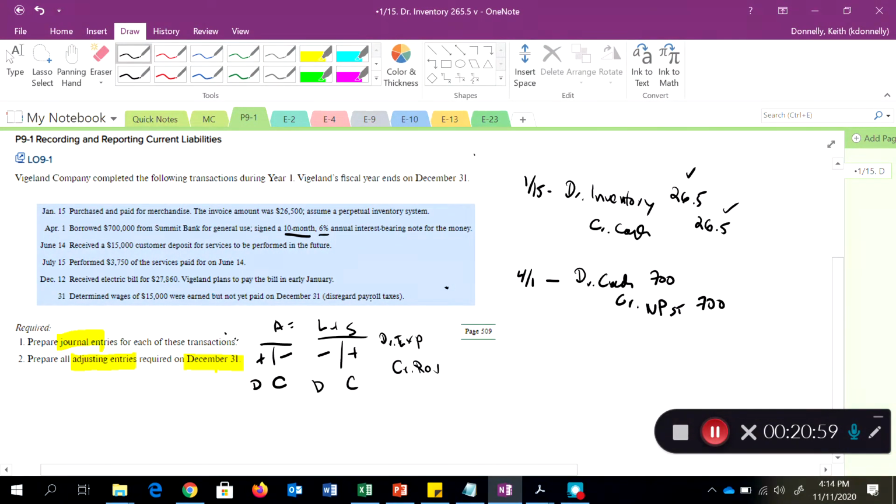Next one here, it looks like June 14th. So 6/14. Received a $15,000 customer deposit for services to be performed in the future. So what happened here is, hey, somebody paid us before we did the work, right? We got cash before we earned it. So what that means is,